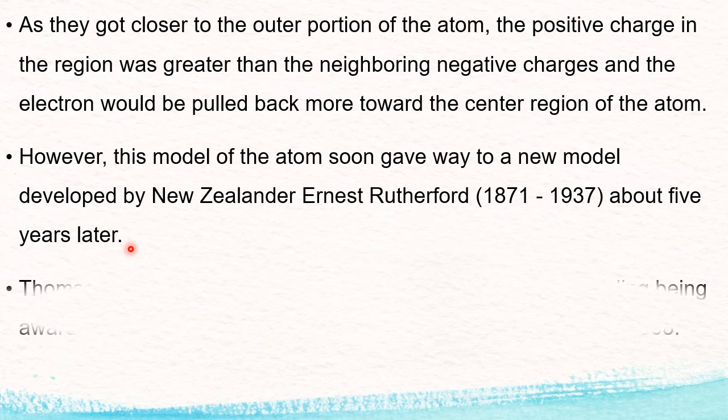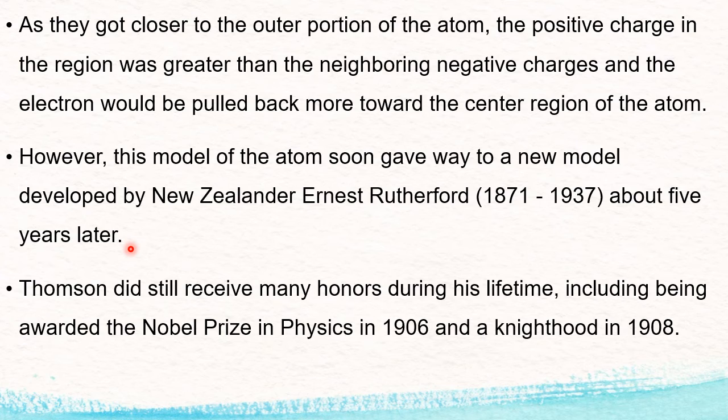Though Thomson's model was discarded, for his wonderful contribution, he has contributed two things. Both are very important. Discovery number one, atom is divisible. Second, he discovered the electron. For these two, he deserves it. He was awarded the best of all awards, the Nobel Prize, in the year 1906. Also, some other awards are there, but the Nobel Prize was given for the discovery of the electron. Salutes to J.J. Thomson.